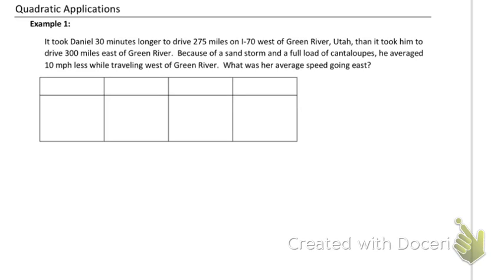All right, so we have a word problem, and we have Daniel who's driving. And if you'd read this question, you'd find out that he's going 2 directions. He's going east and west. And what's most important about that is he's going 2 different directions, and it's a distance problem. So you should make a table where you have distance equals rate